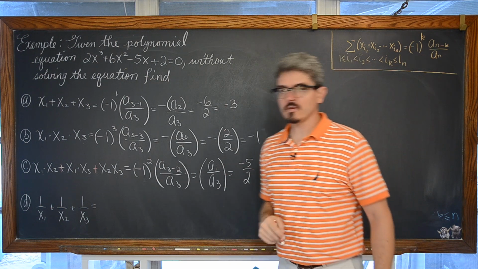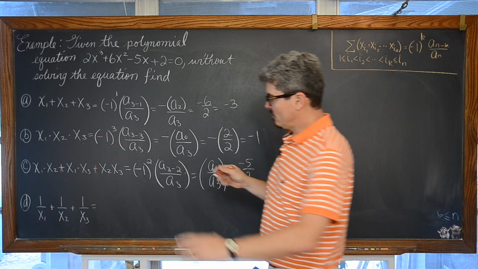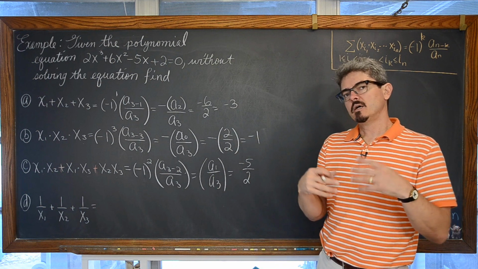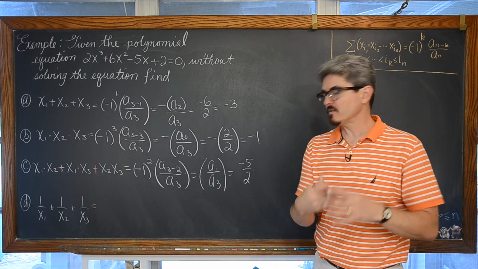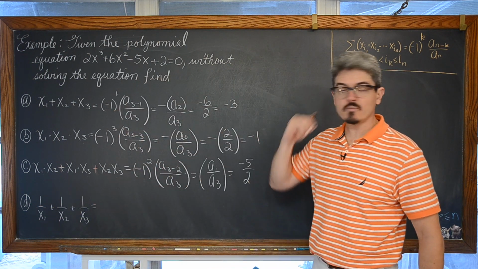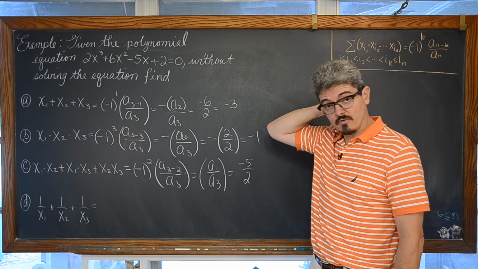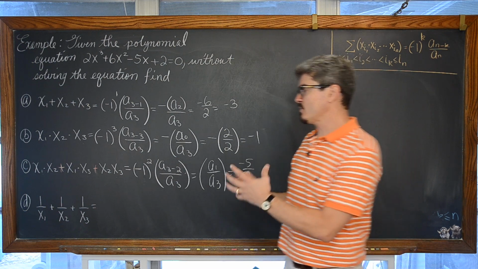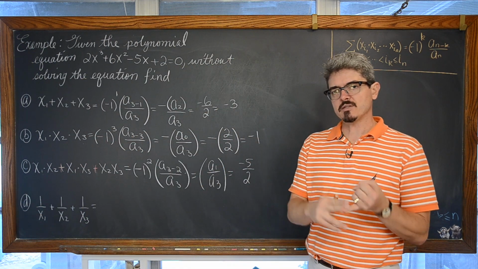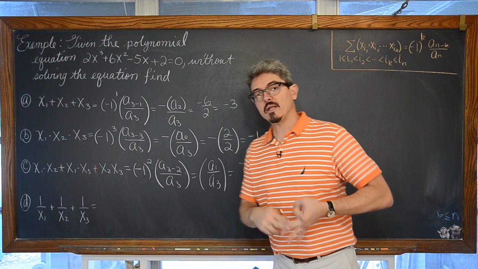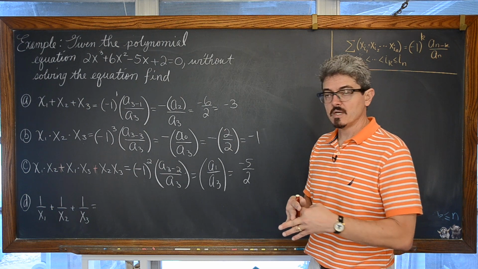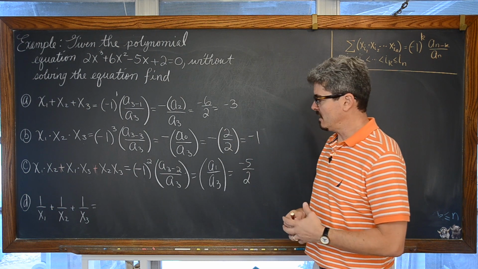And then finally, for our last problem here, we don't really have that sum or product or combination of sums and products. We basically have these roots of x sub 1, x sub 2, x sub 3 showing up individually in each of our denominators. So we need to algebraically manipulate this expression into a format where we just have a sum, a product, or a combination of those two terms, or those two functions.